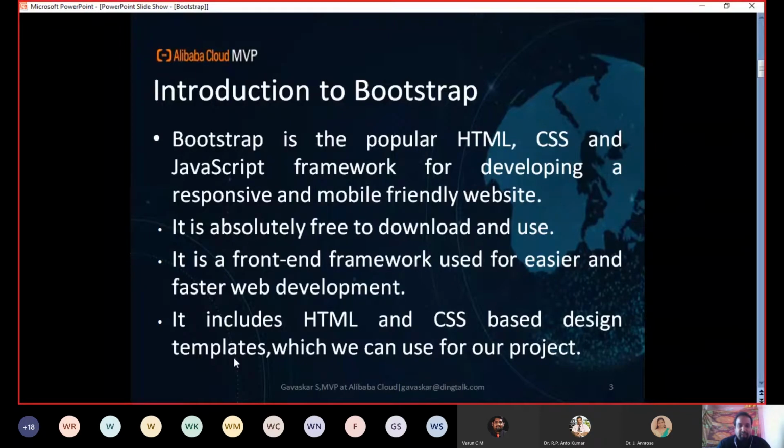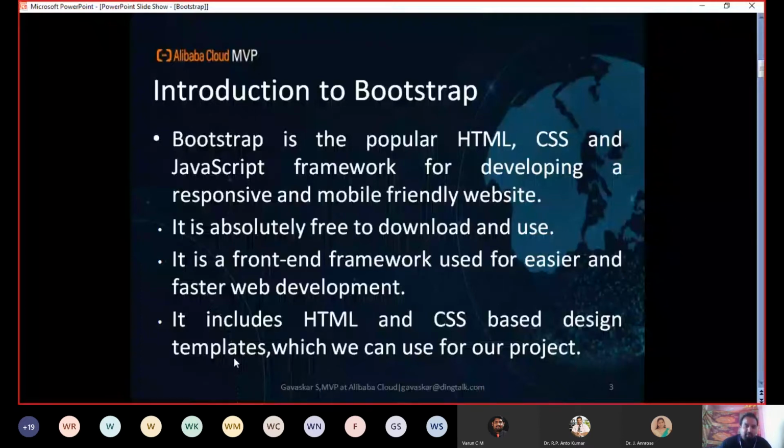Another advantage you have to know here is that a large number of templates are available in the market. More Bootstrap templates are there. Mostly you have to pay for the templates, but some free templates are also there. So you do not need to create a website from scratch. You can download the freely available templates and use them for your projects. If you create from scratch, it will take more time for development. So most industries download or purchase an already available template, and they modify the template.